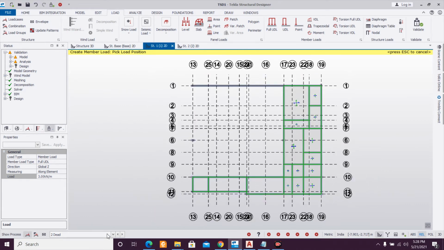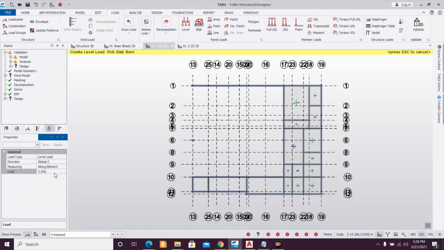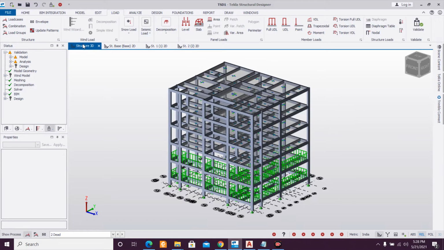After that, go to imposed loads, level load, 4 kilonewton per meter square. Apply this.